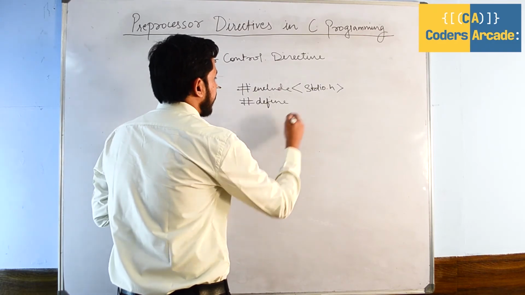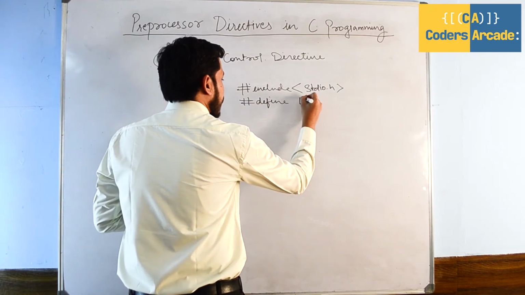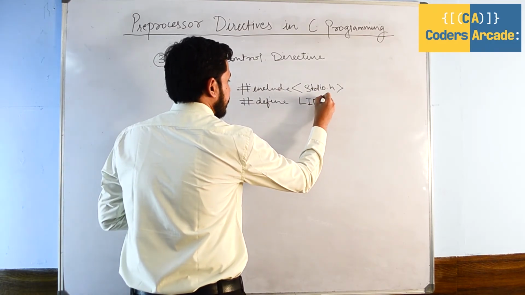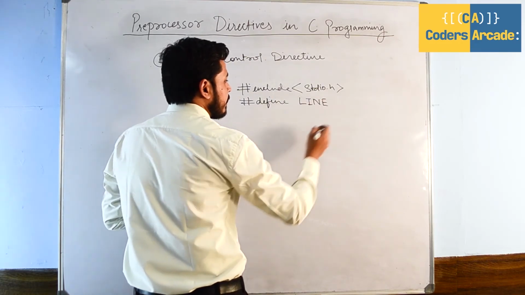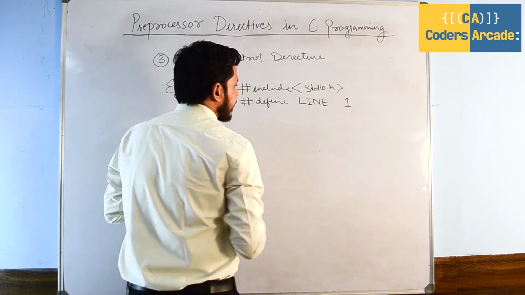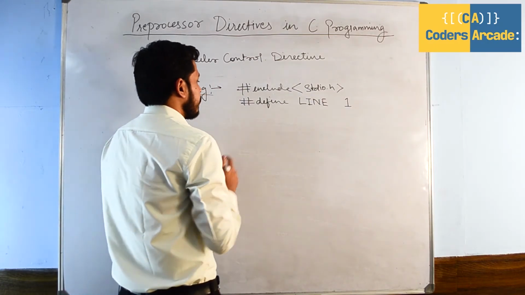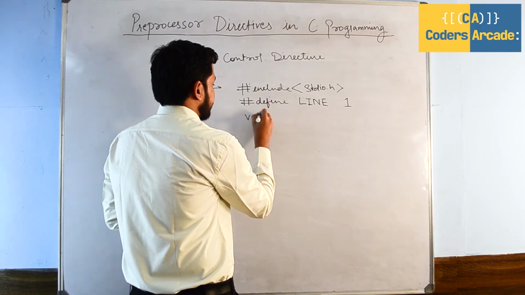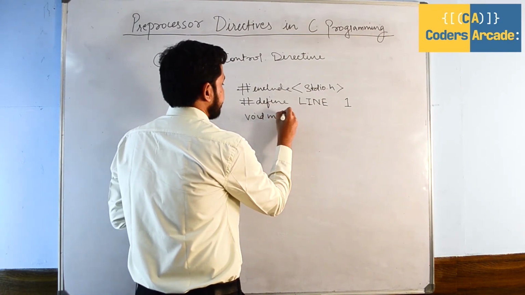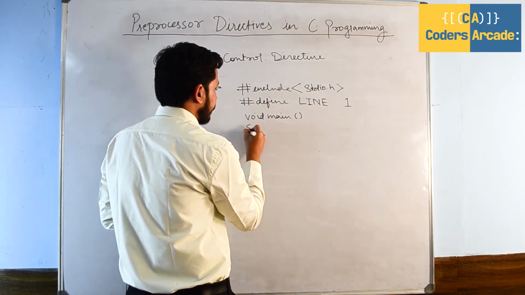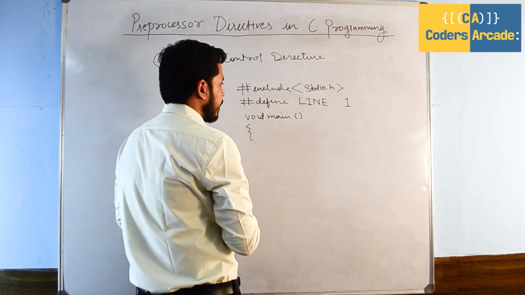Let's say my macro name will be line, and I'll replace this with 1. You will get to know why I'm doing this. Now we'll create our main function, void main, and inside our main function, I will start my